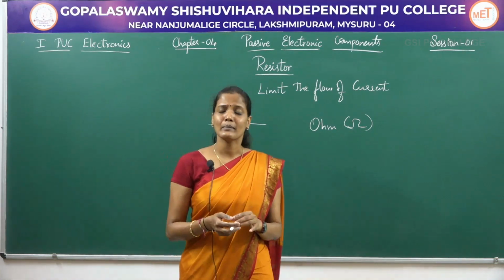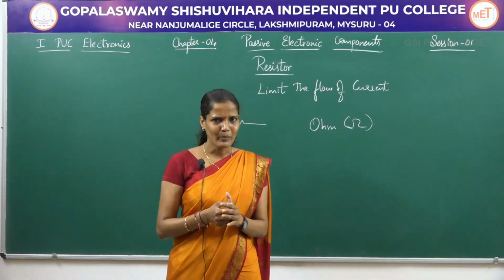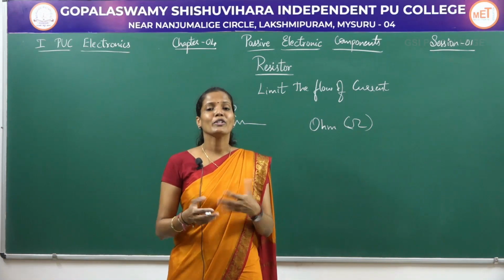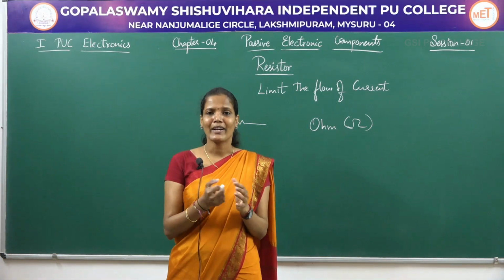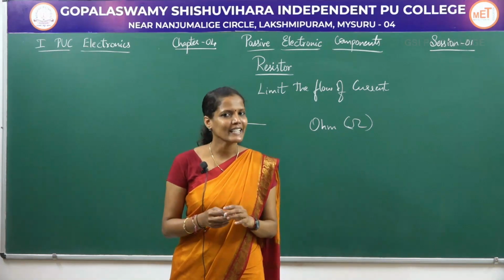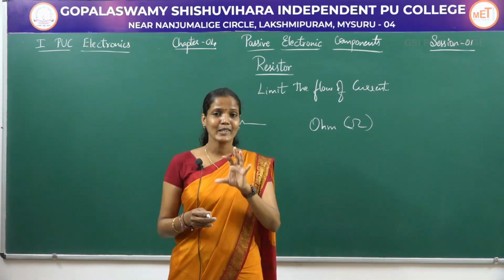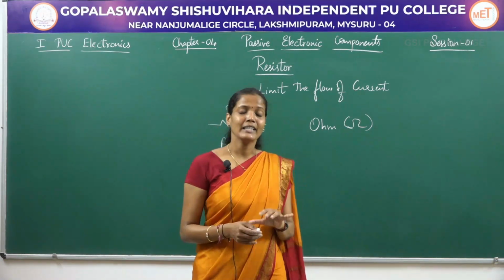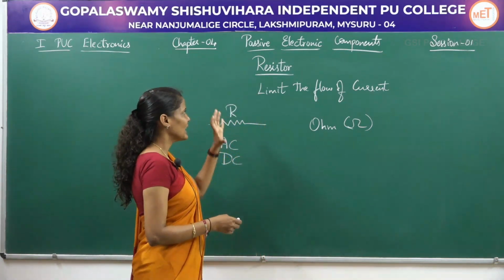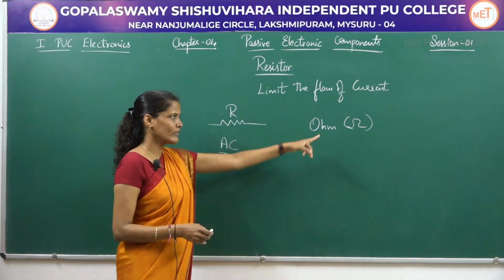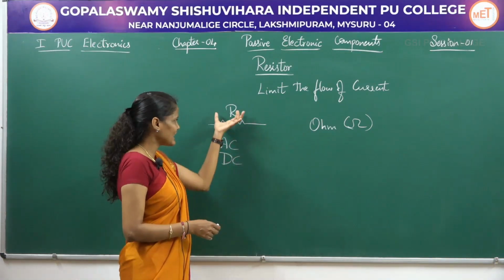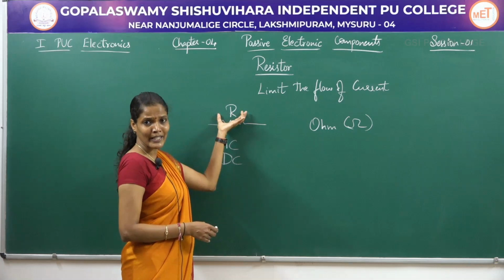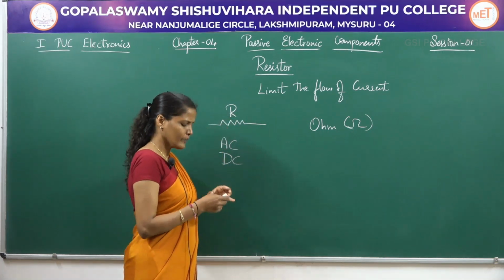So resistor is nothing but the physical passive component which is used in the circuit which offers the specified value of resistance. So what exactly is this resistance? Resistance is the property of the resistor which opposes the flow of current, and the unit to measure resistance is ohm, which is denoted by this symbol, and the resistor is denoted by the capital letter R,